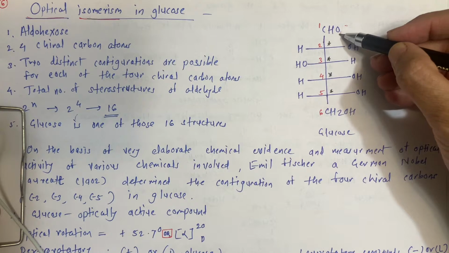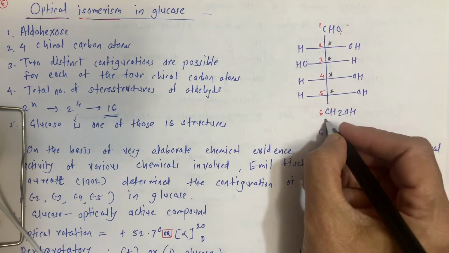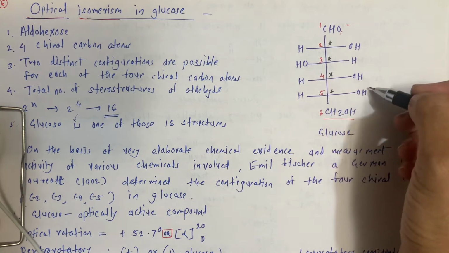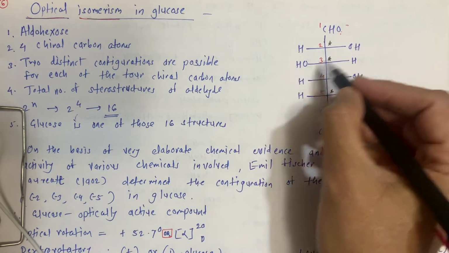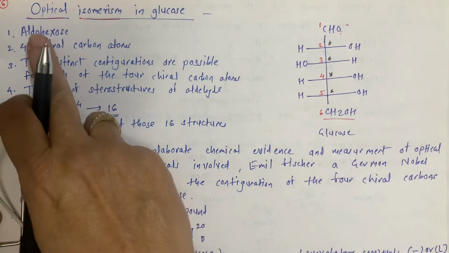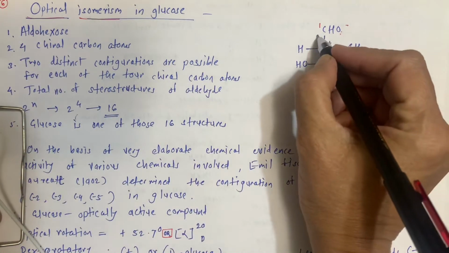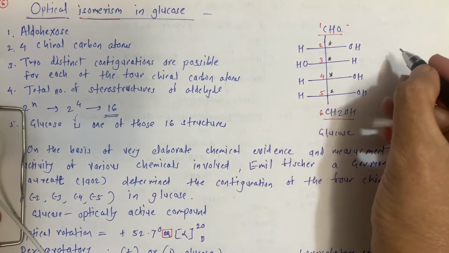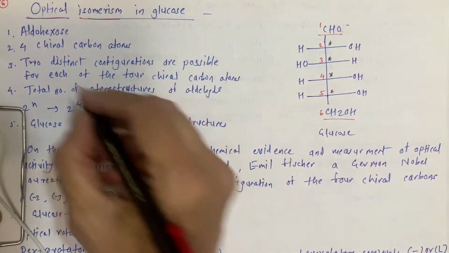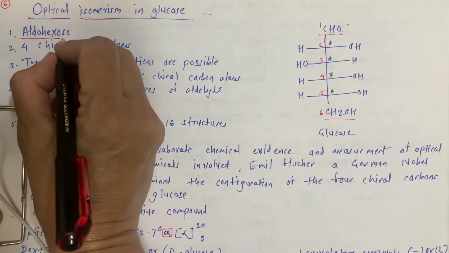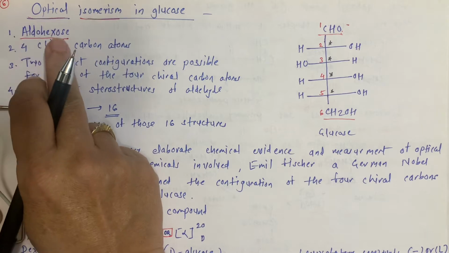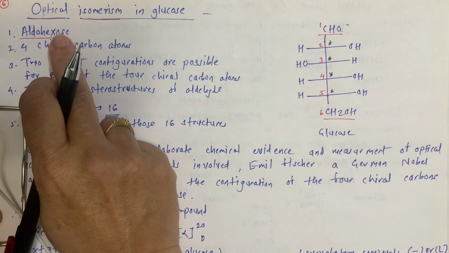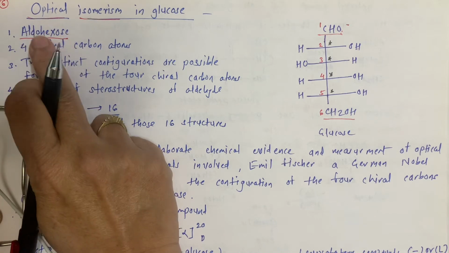Here it is the aldehyde group, then here it is CH2OH, that is the primary alcohol, and 1, 2, 3, 4 more hydroxy groups are here. Now see, as here it is the aldehyde group and total there are 6 carbons, so this is nothing but a hexane derivative. So the name of the glucose we are going to say is aldohexose. Aldo for the aldehyde group, hexa for the 6 carbons, and ending with the sugar suffix -ose, that is aldohexose.